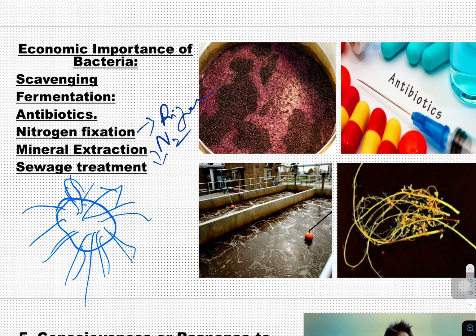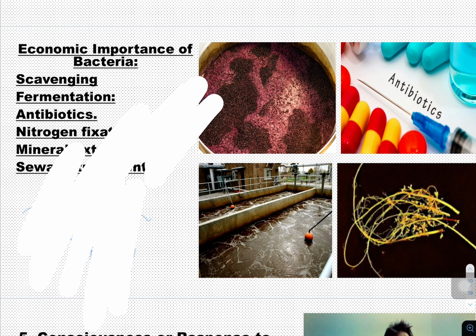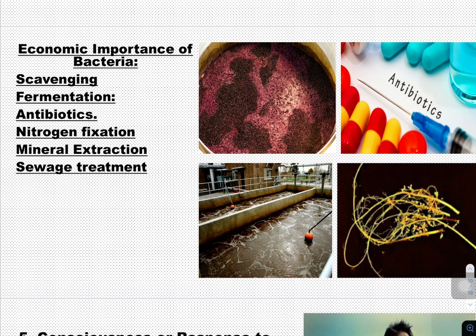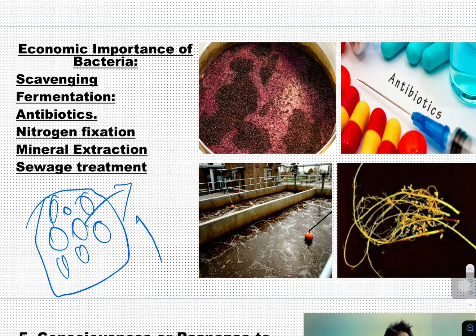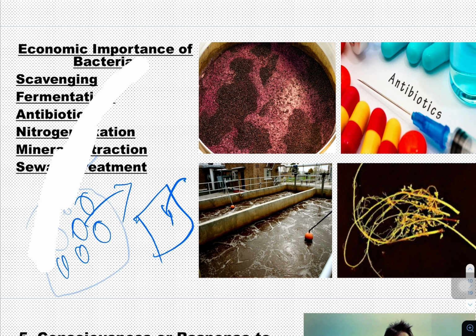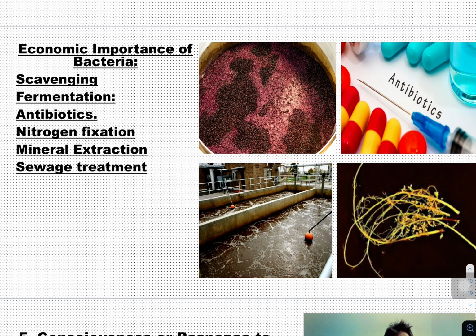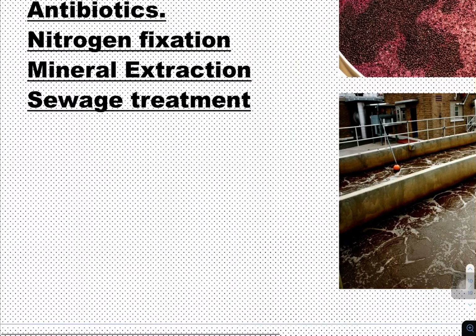Next one is sewage treatment. All the daily waste generated from homes goes out through drainages. Those drainages are connected to larger tanks. In those tanks, the big waste materials which can be hand picked are picked out, and the rest is treated with bacteria to undergo the decomposition process, which reduces all the organic waste. Hence bacteria are used for sewage treatment also. So these are some of the importance of Monera.